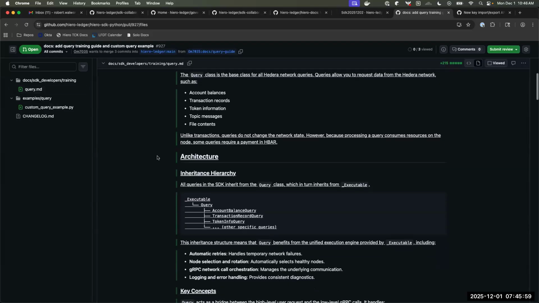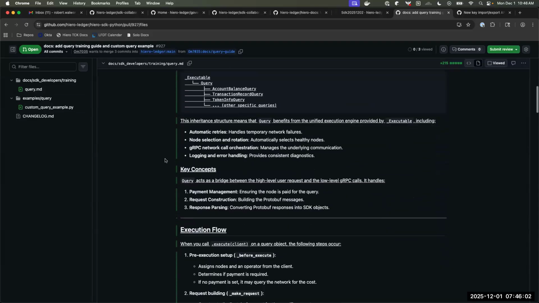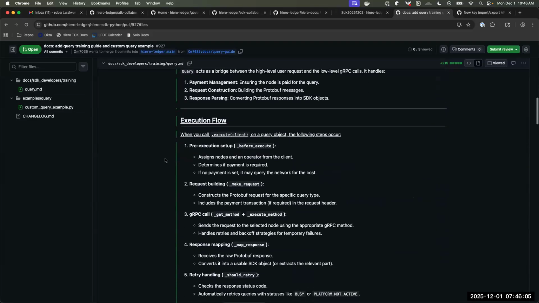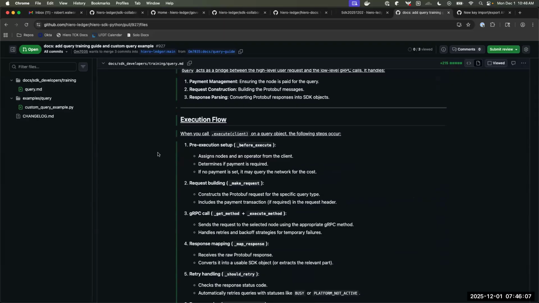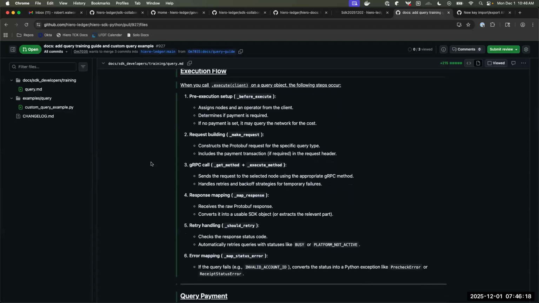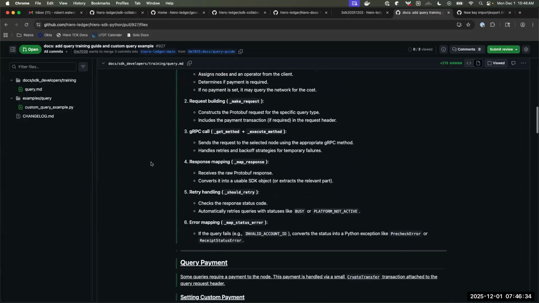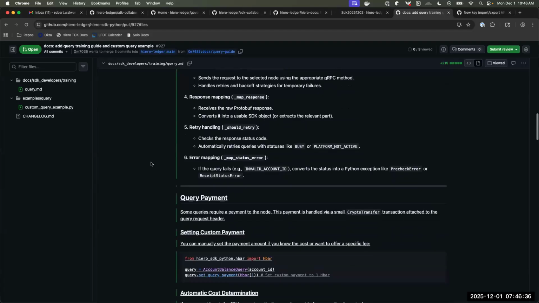Yeah, just looking through this, this is very good info. And again, it's more for the developers, right? Users of the SDKs don't care about the execution flow; they just care about calling dot execute and hopefully it works. But again, this brings it full circle back to what the SDK hub was meant for. It's a place for more developer-centric information. So I would really love for this to live there. I think that makes a lot of sense.